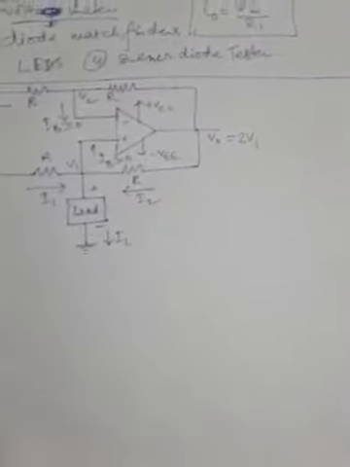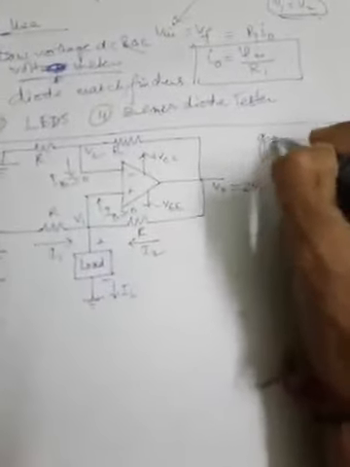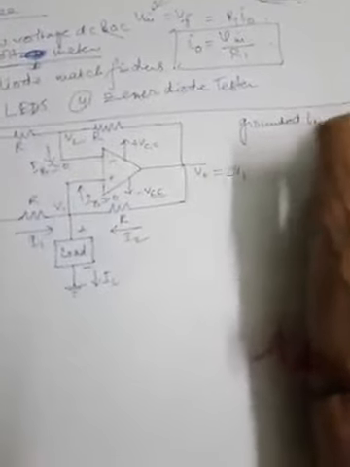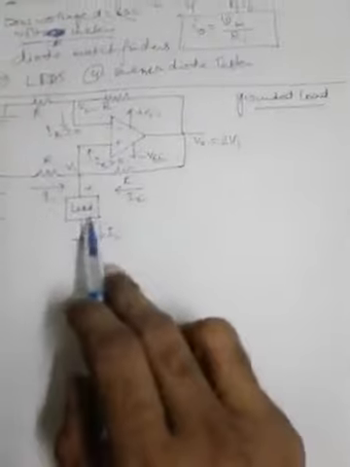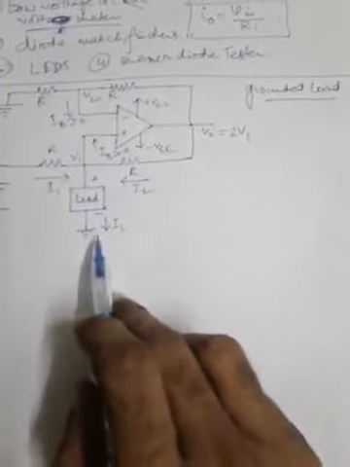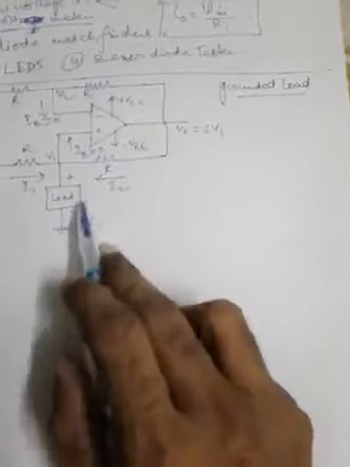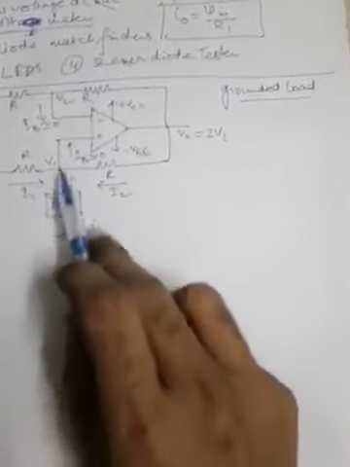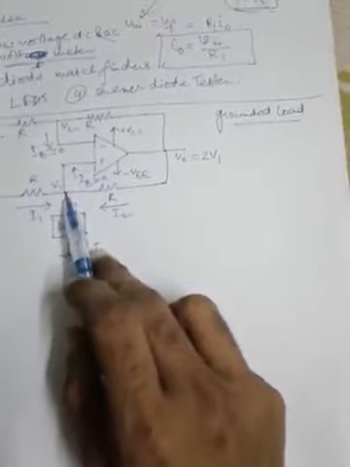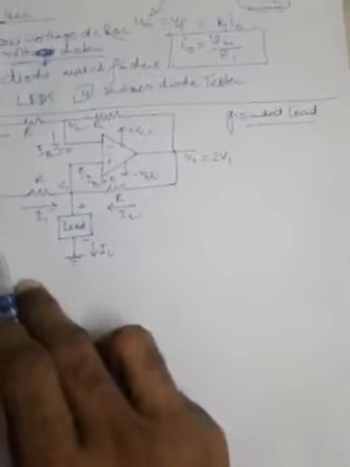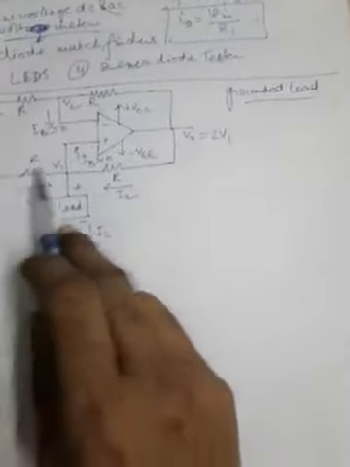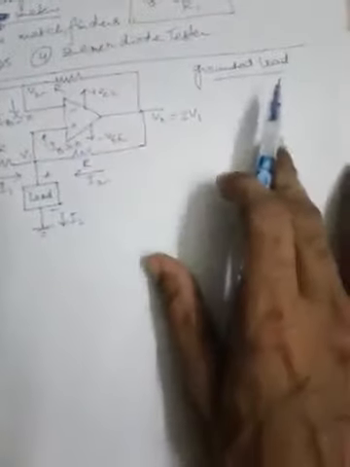Now in this circuit, one terminal of the load is grounded, and that's why it is grounded load configuration. You can see that this is the load, one terminal of it is grounded, and load current is controlled by an input voltage, and this is IL, the load current that is flowing through the load into the ground from this node V1. It is controlled by this input voltage Vin, which is connected to the non-inverting terminal.